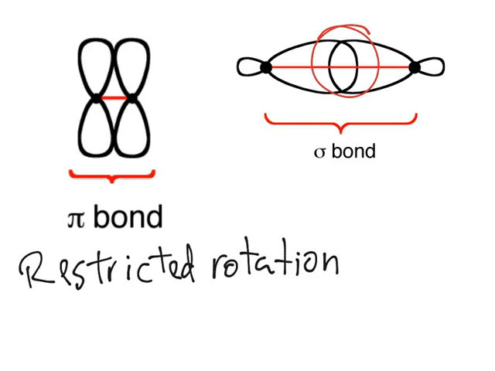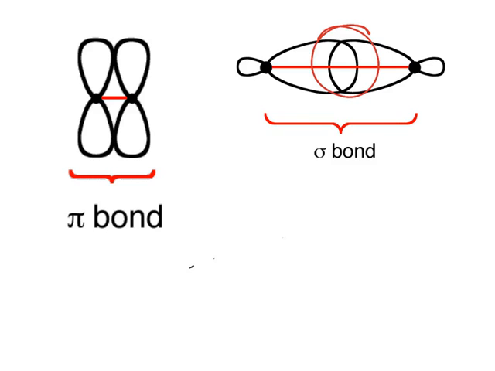So as I said before, sigma bonds have free rotation. You can rotate them with no problem. Just thinking about the example I gave, with this, and this, just flip it around, like that. That doesn't really matter for now, but